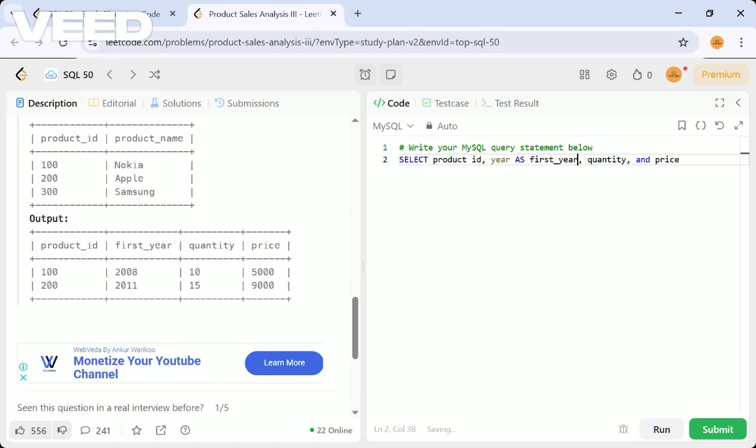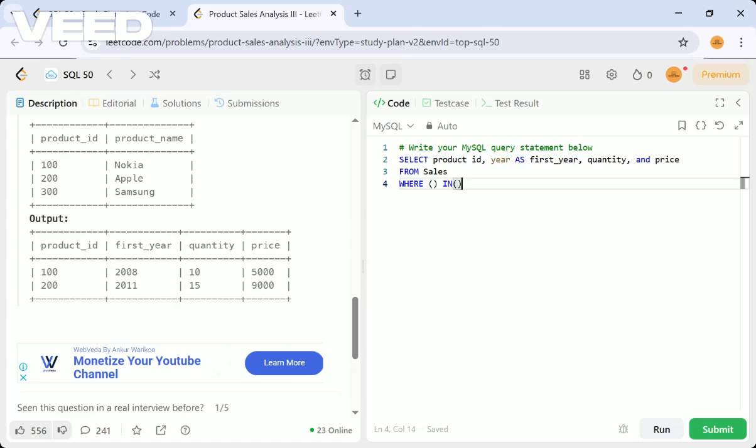So quantity and then price from what table? We need everything from the sales table. And on what condition? The year should fall as the first year, right?